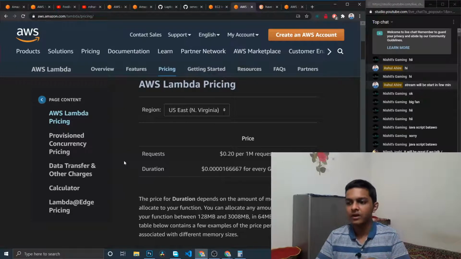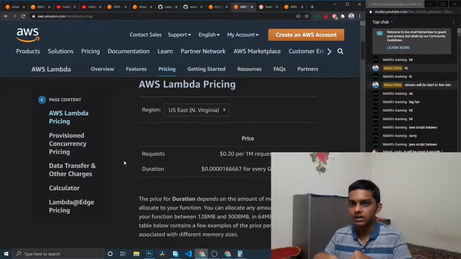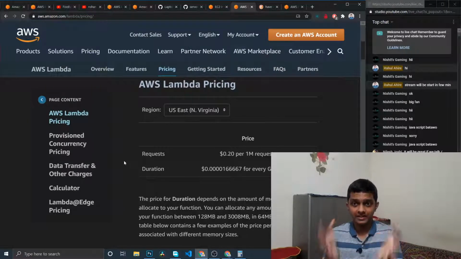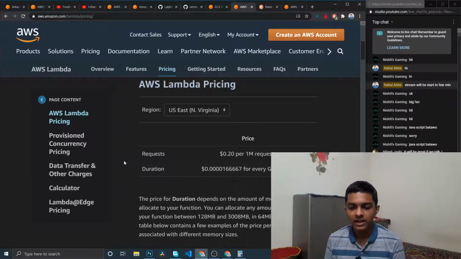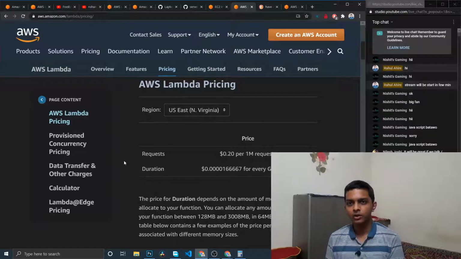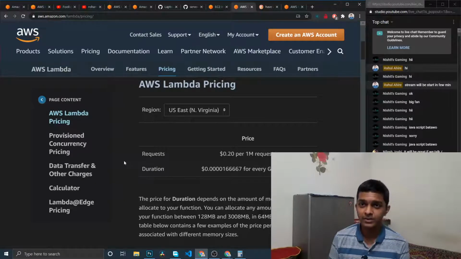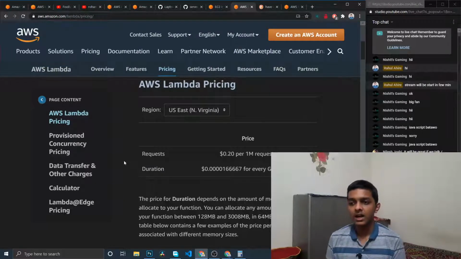Let's say you are a really popular site like Netflix or Uber, Ola, Grab, Adobe, which are customers of AWS as well, and you have a predictable workload. In the case of a predictable workload, you can save a lot of money by using instance-based service. It sounds a little bit counterintuitive, but that's how it really works.